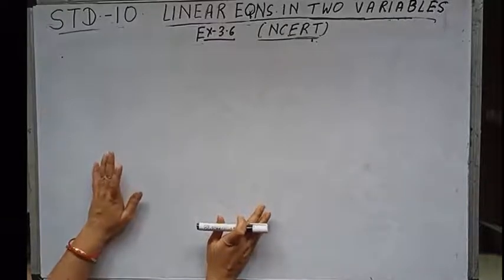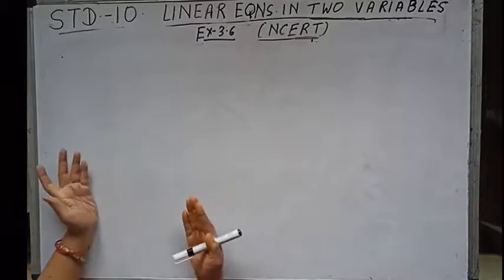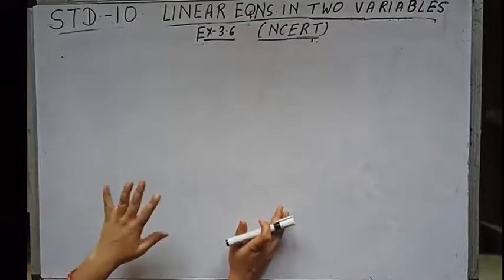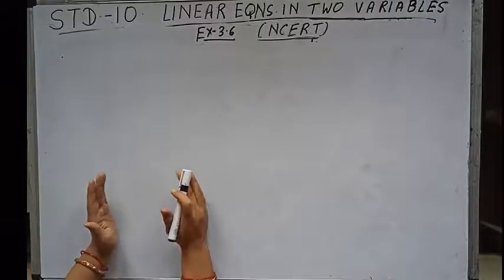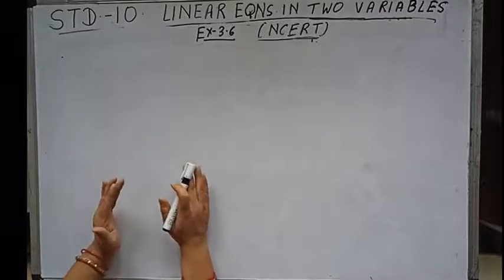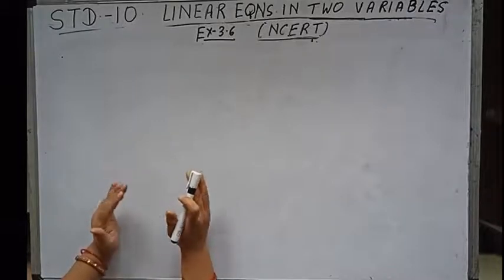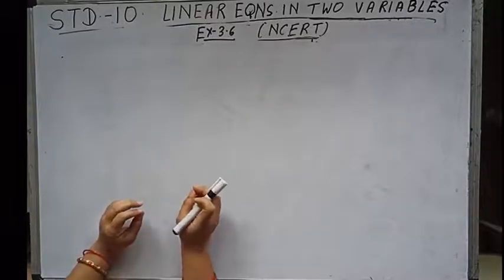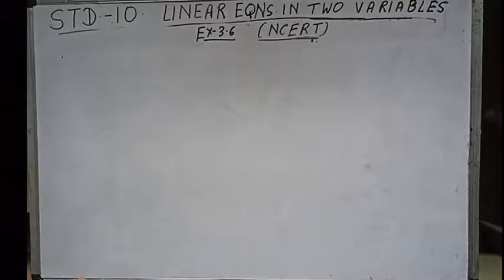Children, till now whatever linear equations we have solved were simple linear equations which we solved by either of the methods like substitution method, elimination method and cross multiplication method. Now in exercise 3.6 also we will be doing by either of the methods which we like. I will be trying to do by elimination method if not mentioned otherwise. But this exercise, again I repeat, is dealing with the pair of linear equations which will be reduced to a simple pair of linear equations. So the exercise is saying equations reducible to a pair of linear equations. So let us start question number 1.